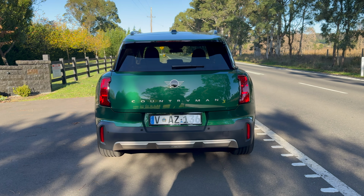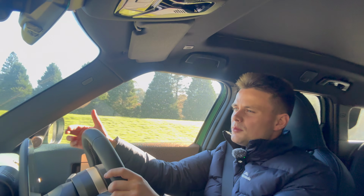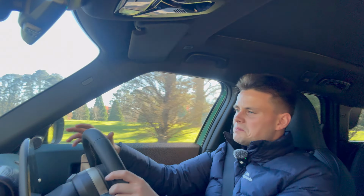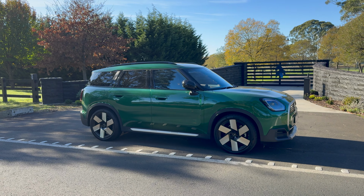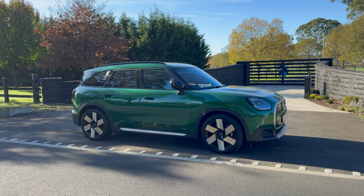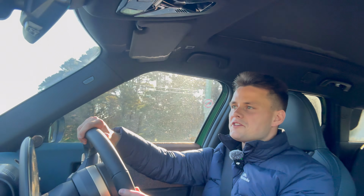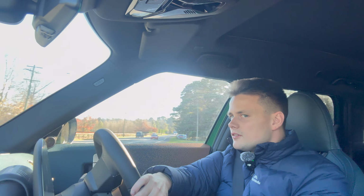There is a little bit of wind noise coming into the cabin, especially on the freeway, and a little bit of tyre roar because this is sitting on run flat tyres, so that is something that you are going to come across in most of the rivals with run flat tyres and these low profile wheels. The brake pedal feel is nice and smooth and responsive at the same time, and when you do accelerate,